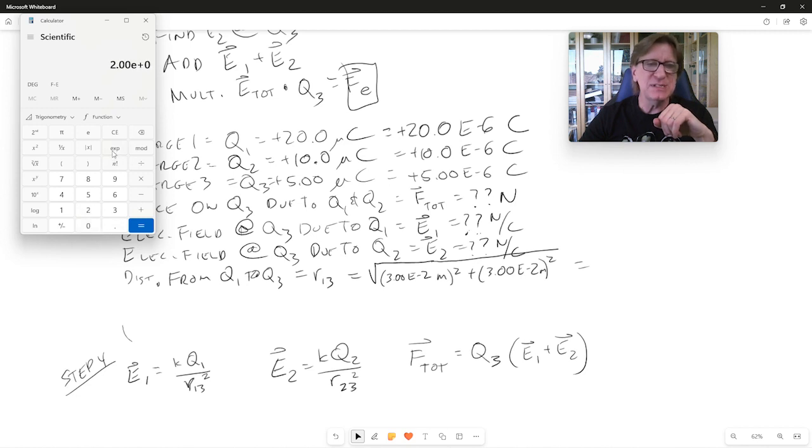All right, so I want 2.00 times 10 to the, and then this particular calculator doesn't have a plus minus button. Yours might. It might be a minus sign in parentheses. It might be plus slash minus. For this particular calculator, whoops, oh, there it is right there. It does have it. Let's go back and do that again. So we have 2.00 times 10 to the negative 2. There we go. That's how we want it. We're going to square that. This particular one has an x squared button, so I'll do squared plus